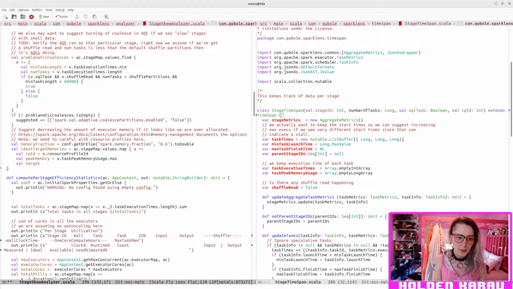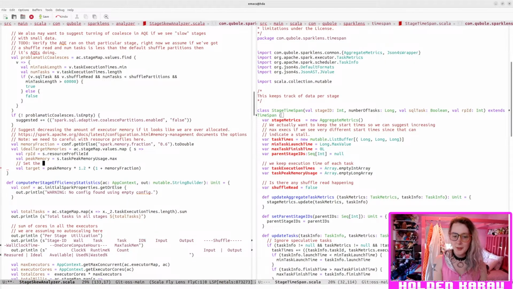Target is, so then peak memory times 1.2 times 1 plus memory fraction. Set the ideal target to 20% above the max peak memory,